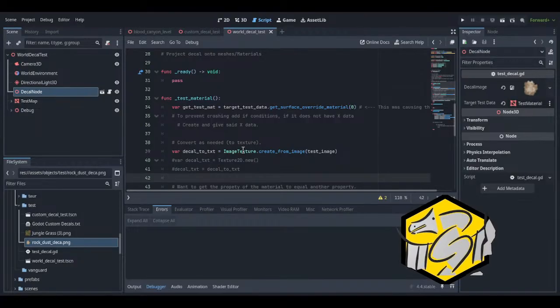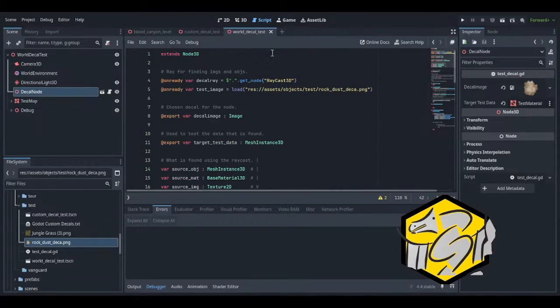Has to be. Oh, image load from file. I'm not using the method load from file. Is that why? This isn't the same. Alright, hang on. Come here, come here, come here.